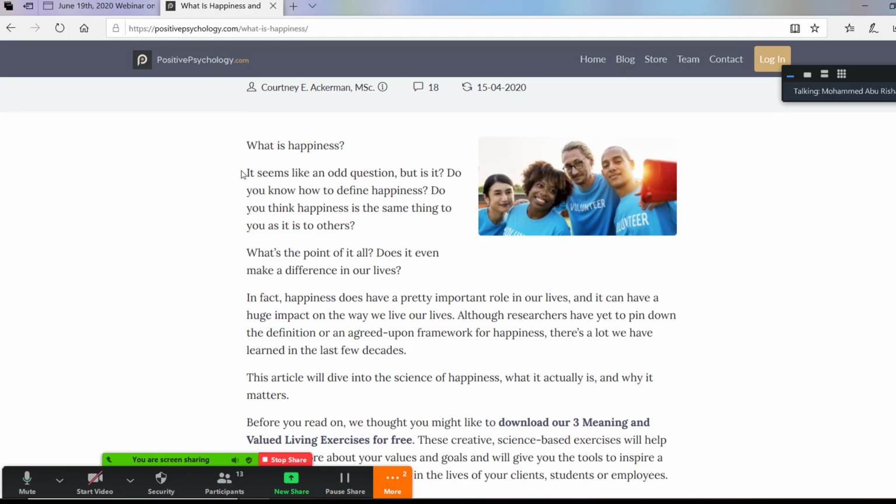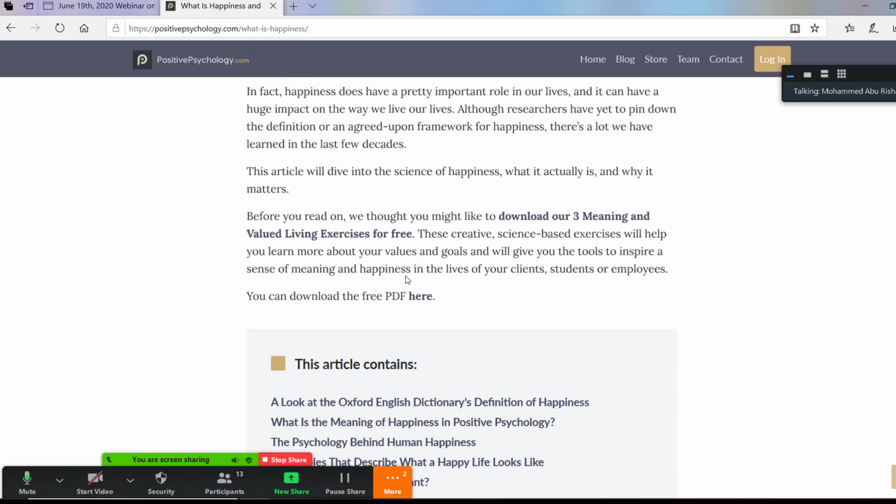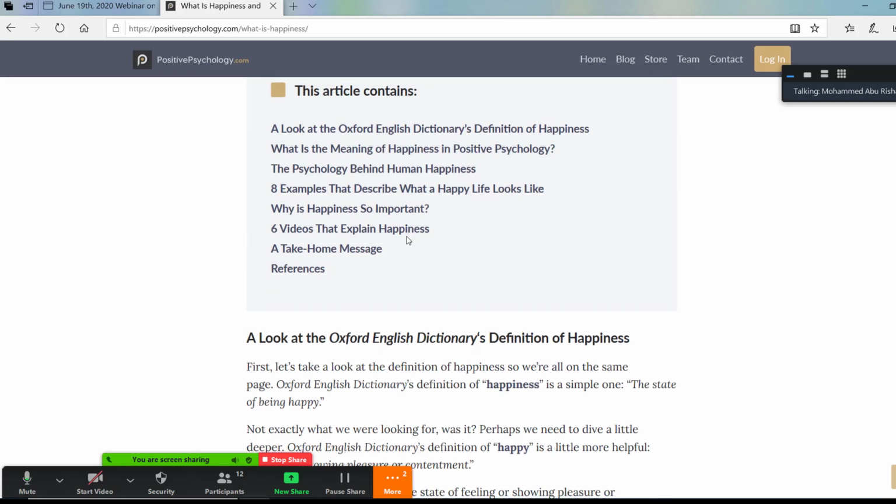Step number two is to read the article and to allow ourselves to be astonished and surprised with the use of English. Look at this one, for example, an agreed upon framework. This is very, very simple, but even a professional translator may not have it in his mind or background. And you can see it's very simple. Let's look at this one: in the last few decades. This is also a very simple expression. And you can see other expressions that are very useful.